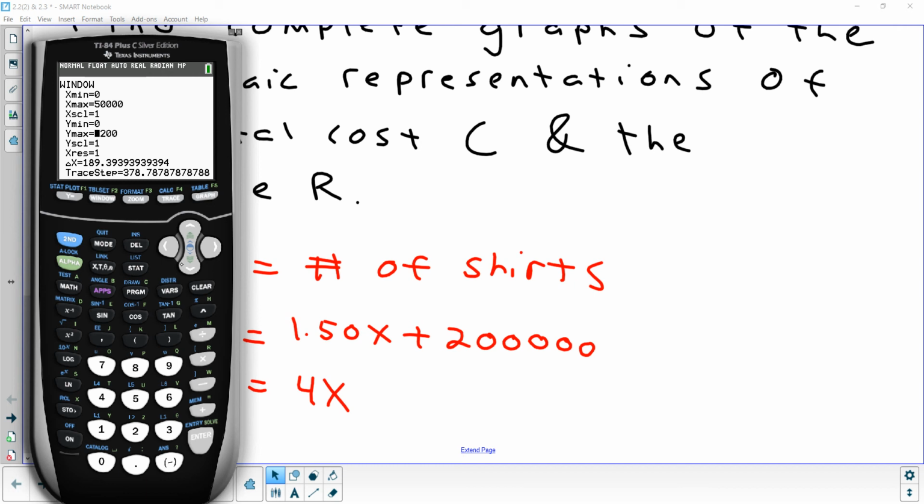Y max, again, I would go above 200,000. I would try maybe, let's try like 275,000. Let's hit graph and see what we have. So there's our profit,